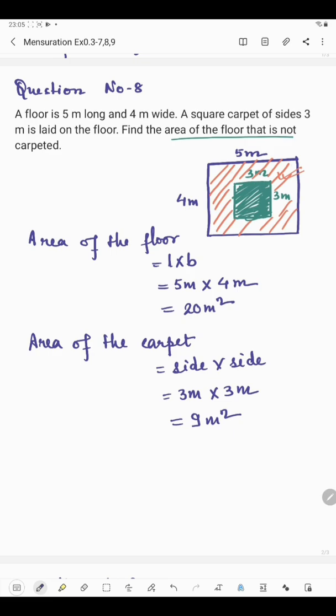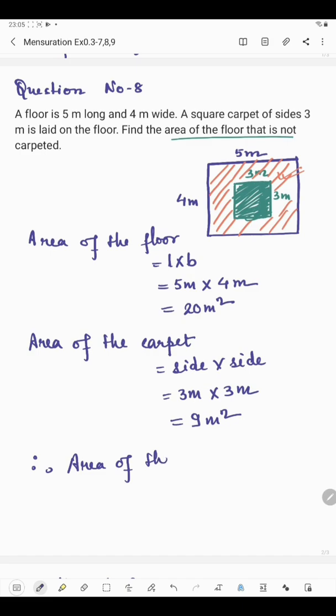Now we have got to know the area of the floor as well as the area of the carpet. Now if you subtract these two, we'll get the portion which is not carpeted. We'll get to know the area of the portion which is not carpeted. So we'll write, therefore,